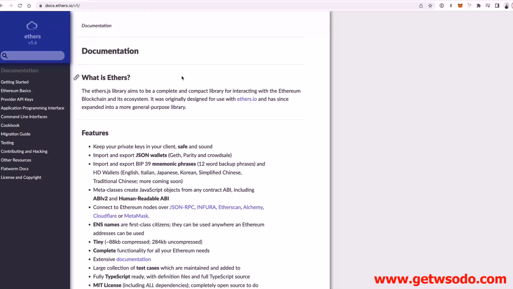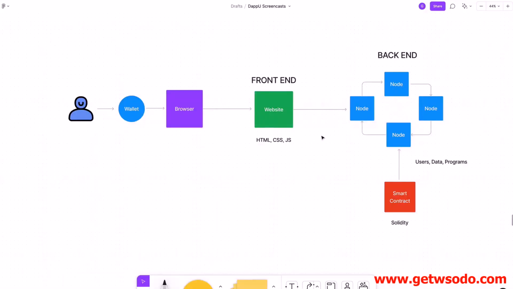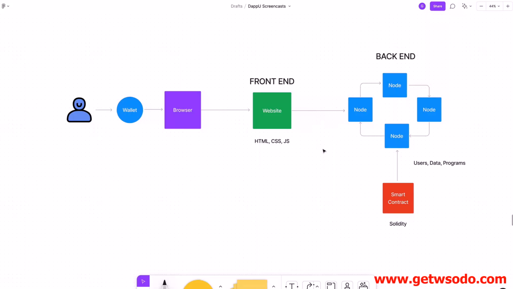Let's talk about Ethers.js. What is it, and why is it important? Why do we need to understand it to become a blockchain developer? Let's revisit our diagram that we've been checking on throughout this bootcamp, where we can see the architecture of